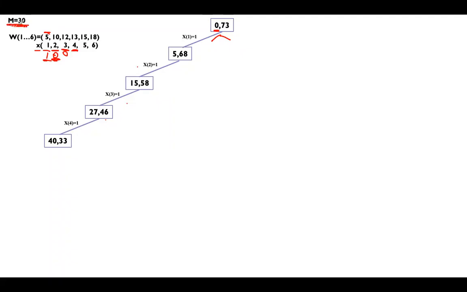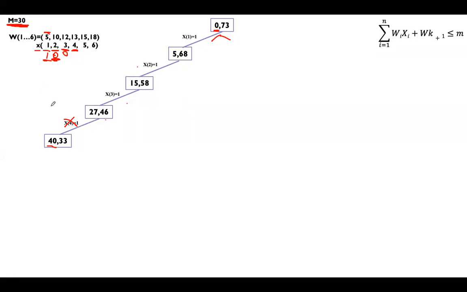Subset weight has to be 30. Here you have already selected 4 elements and the weight is more than 30. Our weight was supposed to be 30, but you went on selecting all the elements 1, 2, 3, 4 continuously, and the weight has become more. So this element should not be selected. Is it clear? You should not select the fourth element, because if you select all of 1, 2, 3 and the fourth element, the weight is more than the required weight.